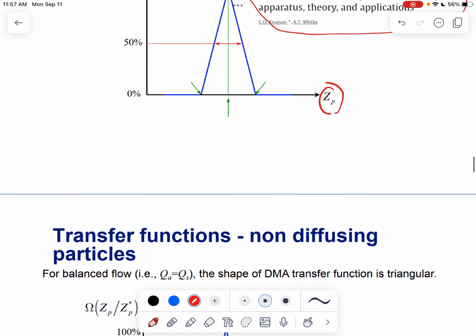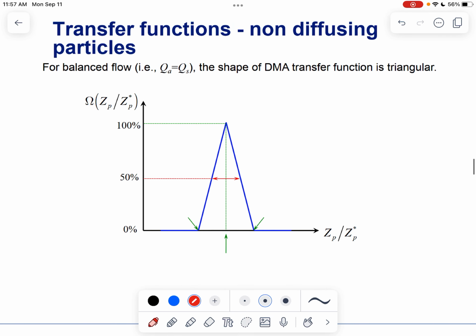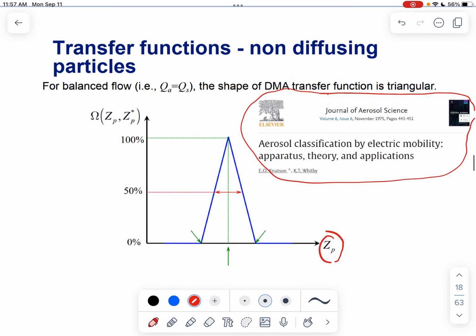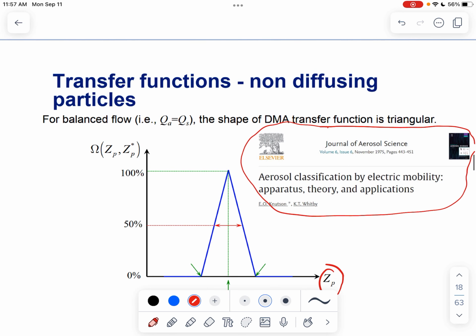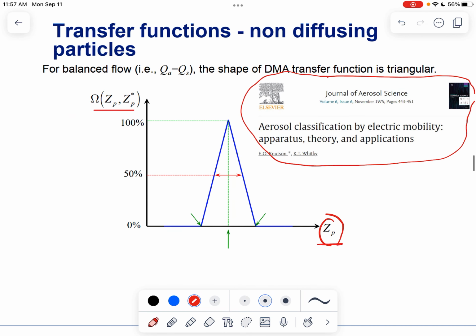There is more derivation over there, and if you're interested in how the DMA works, feel free to go over that. So basically you can plot this probability function as a function of the electrical mobility,